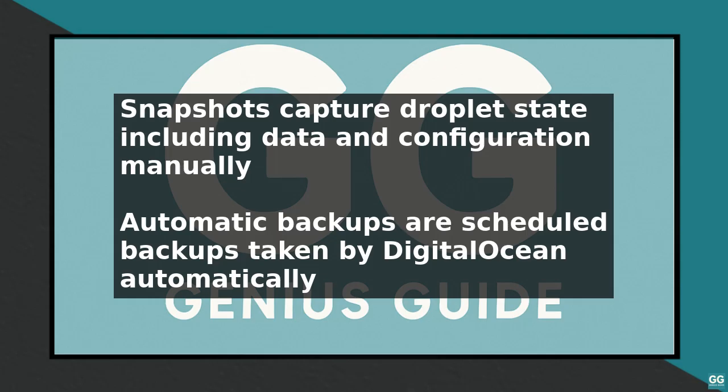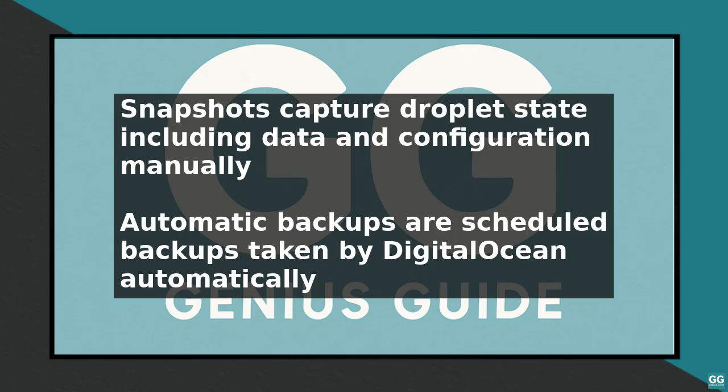To create a snapshot, log into your DigitalOcean account and navigate to the Droplets page. Click on the three dots next to your droplet and select Take Snapshot. Enter a name and description for your snapshot and click Take Snapshot. This will create a manual backup of your droplet that you can use to restore your data in case of